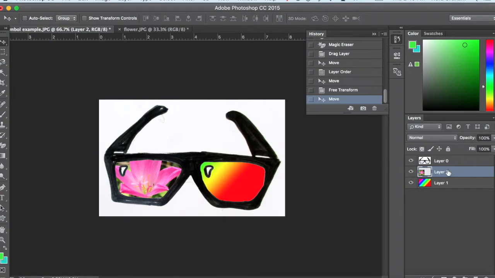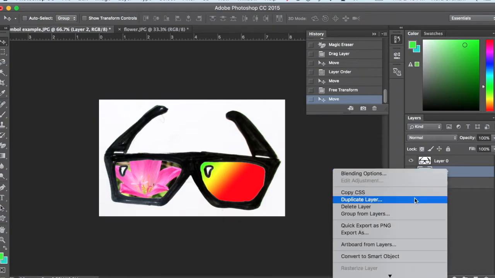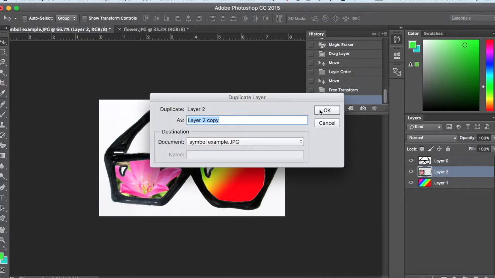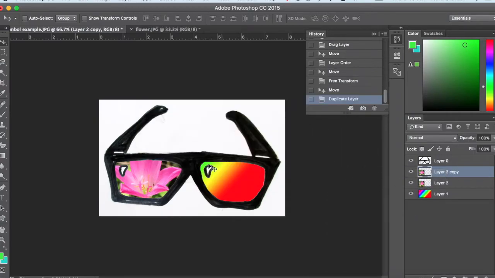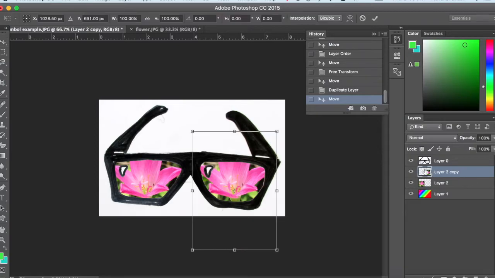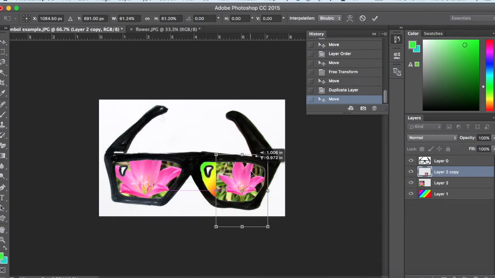I can take this layer, Control click, duplicate layer, so it's layer 2 copy, and use my Move tool to move that other layer around. If I want this other layer to be smaller, I can free transform again, Command T, and you can see it outlines, even though I can't see that whole image, it outlines the whole thing. Press Shift,